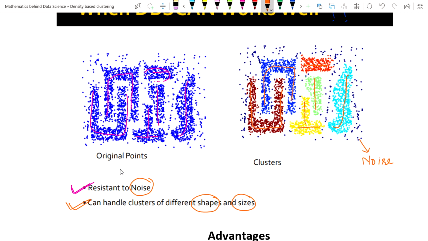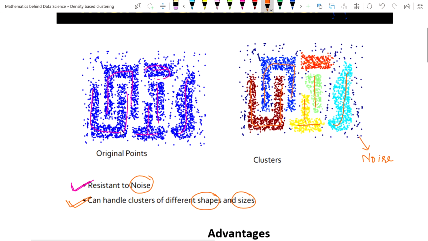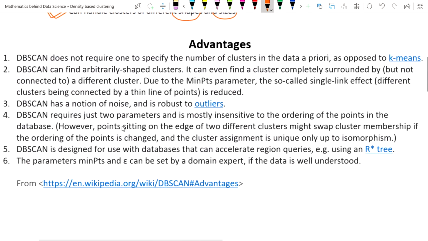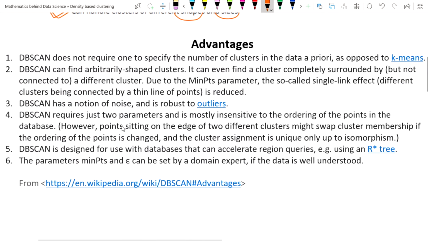Also, there are some disadvantages, and we'll see what the disadvantages of DBSCAN are. But first, the text that you have seen here I have taken from the Wikipedia page, from this link, and it lists some advantages of DBSCAN. Let's go through them one by one.